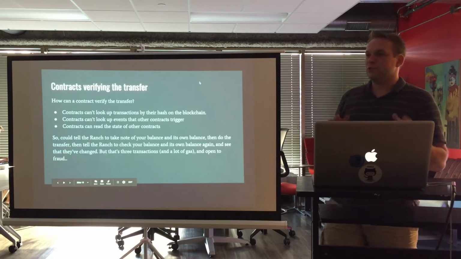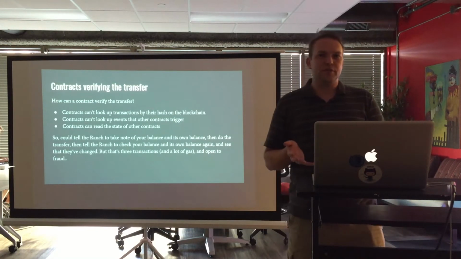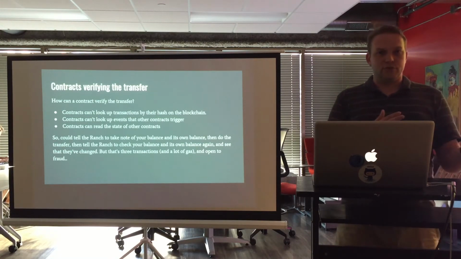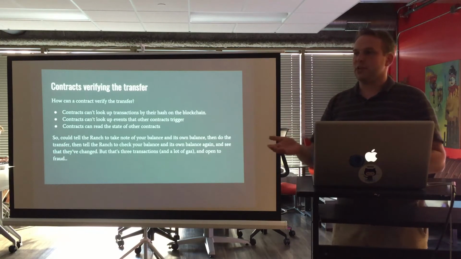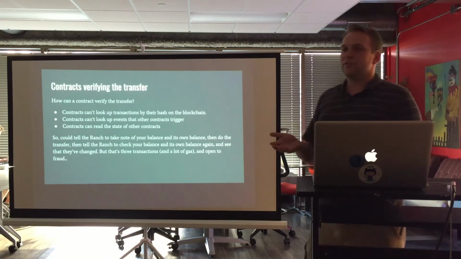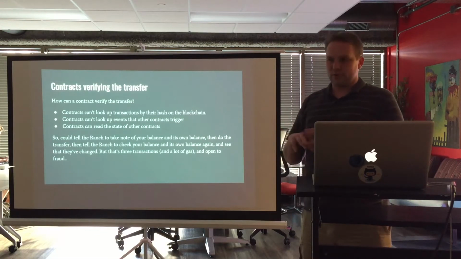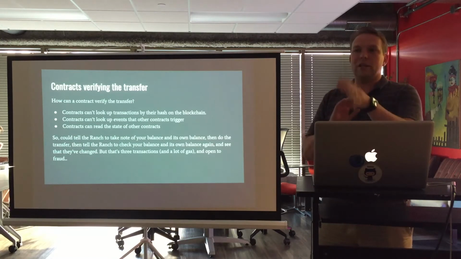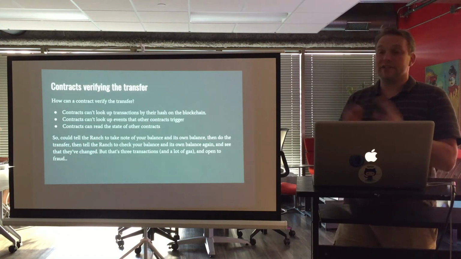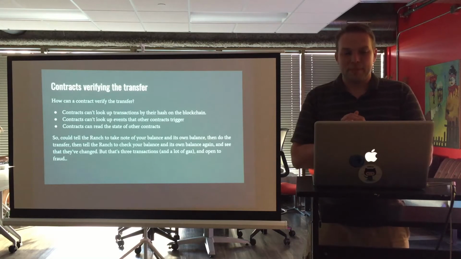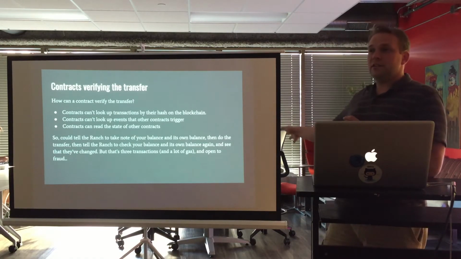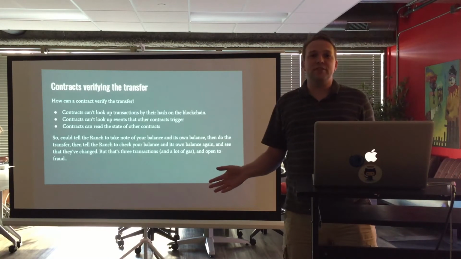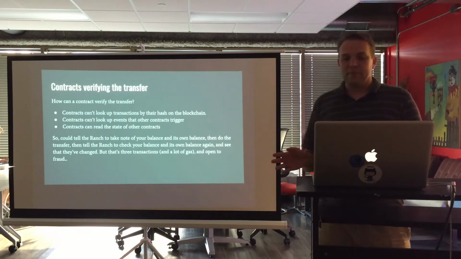The action of triggering the transfer function on the ERC20 token, as you even saw me mess up at the very beginning, is not talking to the Unicorn Ranch contract. It's talking to a completely separate contract. And as we looked at in the last presentation, the general standard of an ERC20 transfer function does not call out to any other function, any other transaction, or any other smart contracts. So the point being, what I just did, don't do. Because the ranch has no idea what you just did. The ranch was completely out of the loop.